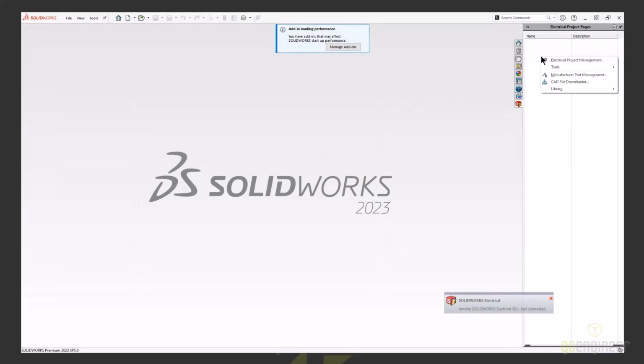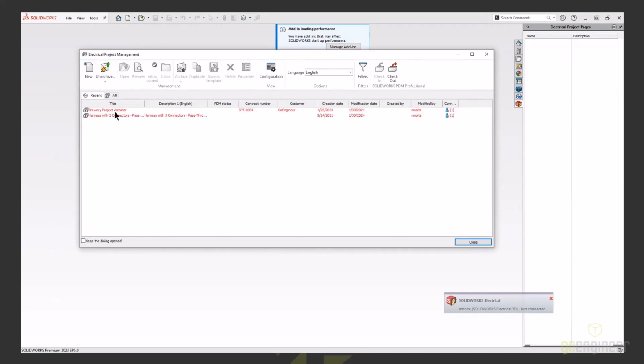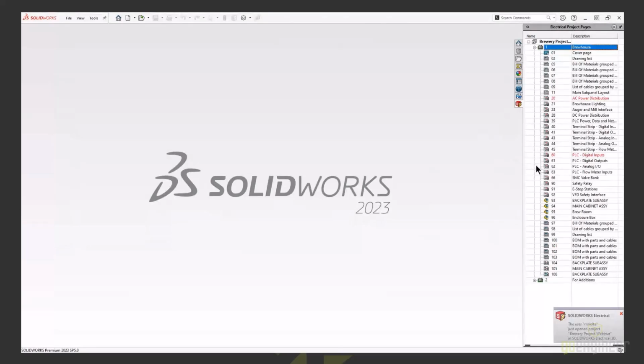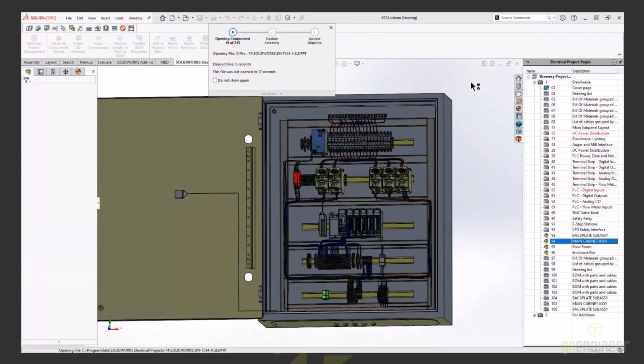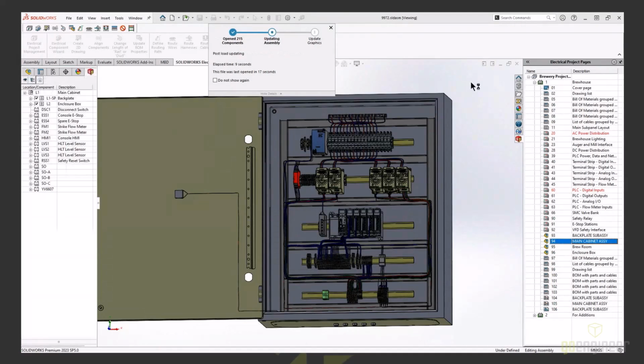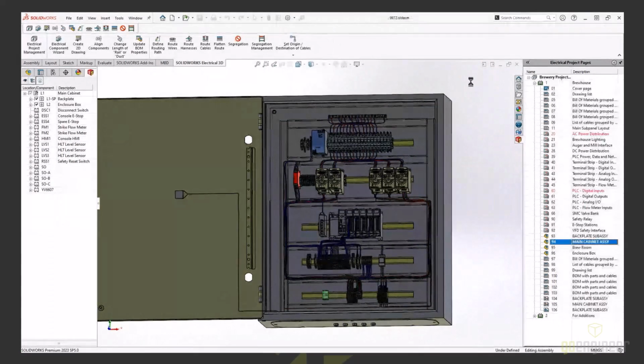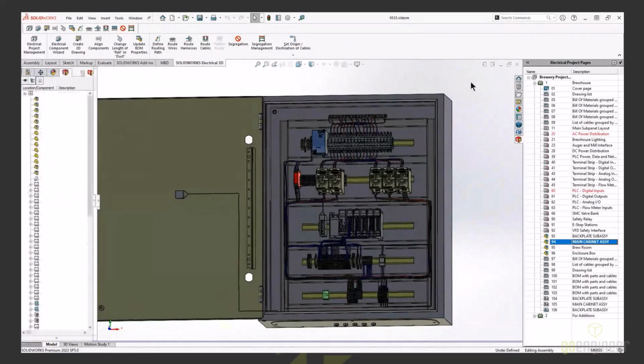All right, so let me go and grab that project here again. Grab that assembly. There we go. Let's see, so where was I going? Oh, the reports here. So let me go and get those to open up here. So I've got my project open,